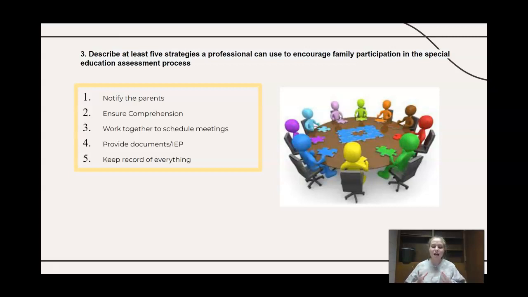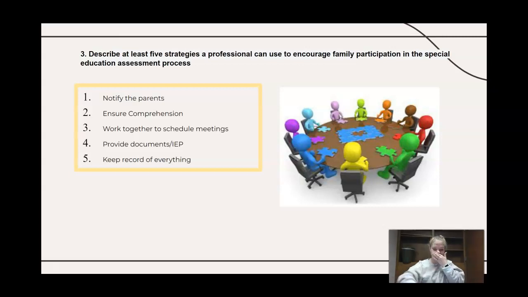Making sure that they understand is the best way that you can encourage their participation in the educational assessment process, because their insight is so vital, because part of their disability may be about what's going on at home, or what they do at home that maybe works for them and that you can bring into the classroom